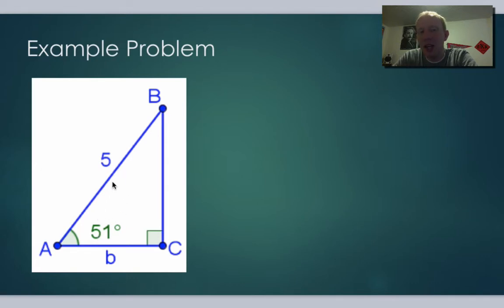Okay, so trig ratios are used to help us find these missing sides, okay? So for example, in this problem, if you look at the variable b and the hypotenuse, which is 5, they're related by the cosine ratio for this angle, 51, right? Because the cosine of the angle is equal to adjacent